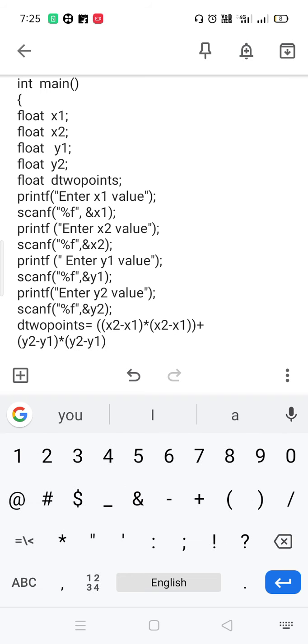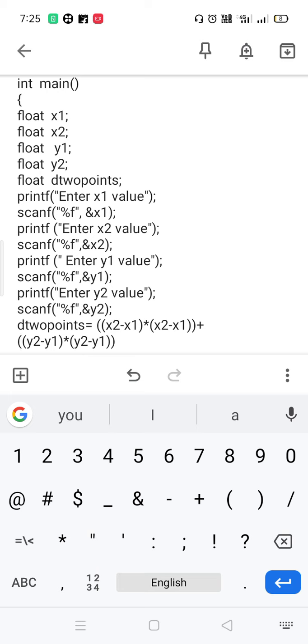So these two statements are kept in one common bracket. If you calculate this, I am getting some value. That value I am storing in d2 points.